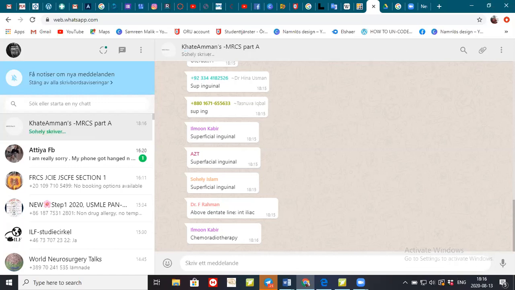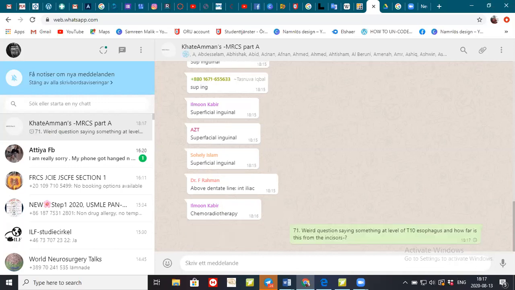Ma'am, but usually squamous cell carcinoma is most common in the upper 1/3, and in the middle 1/3 and the lower 1/3, there is usually adenocarcinoma. So I am asking about squamous cell carcinoma. First choice is neoadjuvant chemoradiotherapy, and after that we go for surgery, same as we go for anal carcinoma. Now that you're talking about esophagus, tell me how long the